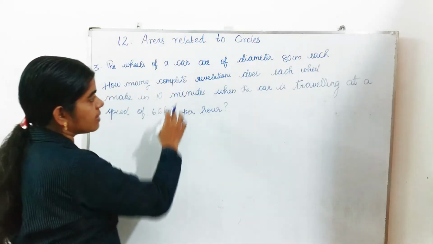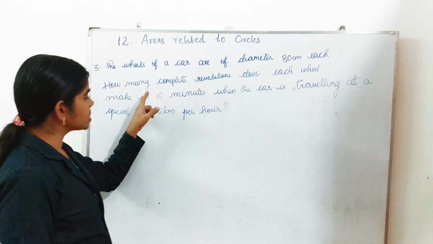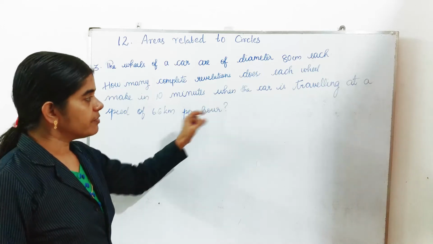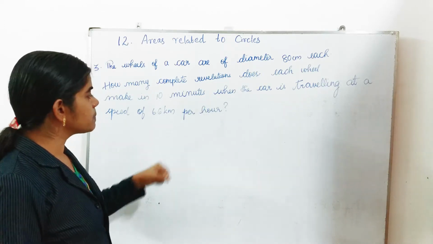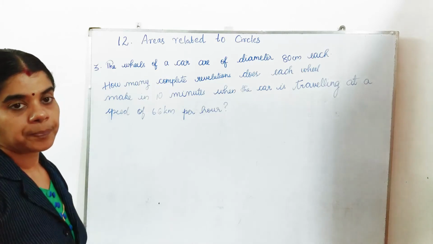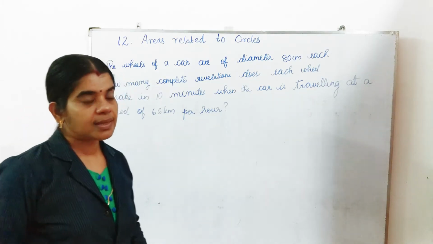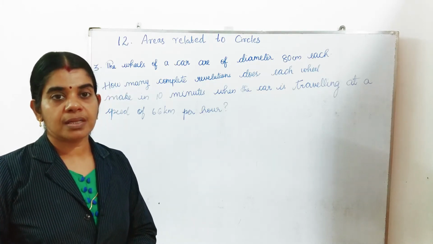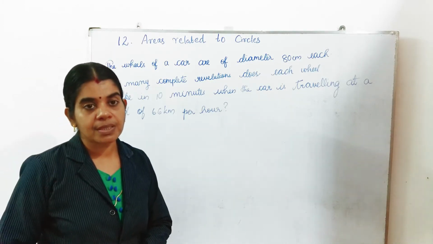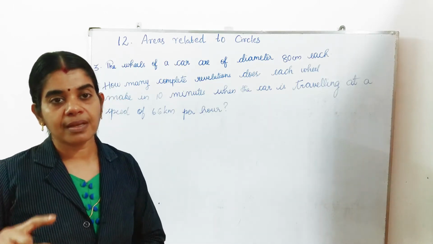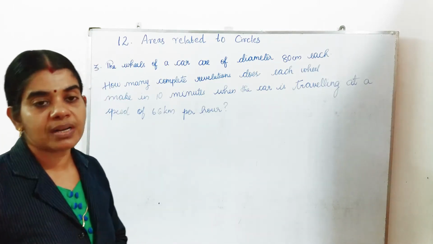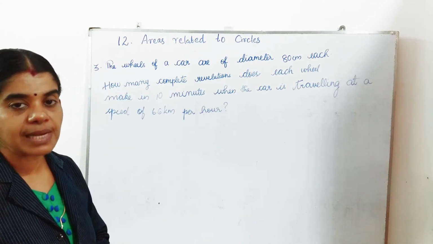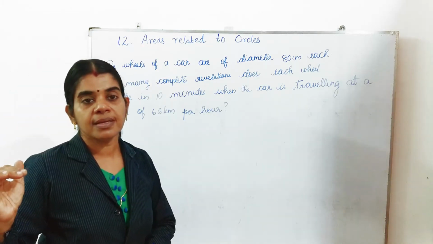The wheels of a car are of diameter 80 centimeter each. How many complete revolutions does each wheel make in 10 minutes when the car is traveling at a speed of 66 km per hour? You already know that the wheel of a car will be in the shape of a circle. The perimeter of the wheel you want to find out. Then that perimeter will be the distance traveled by the wheel in one revolution, which is moving one time, so the perimeter of the wheel is equal to the distance moved by the wheel